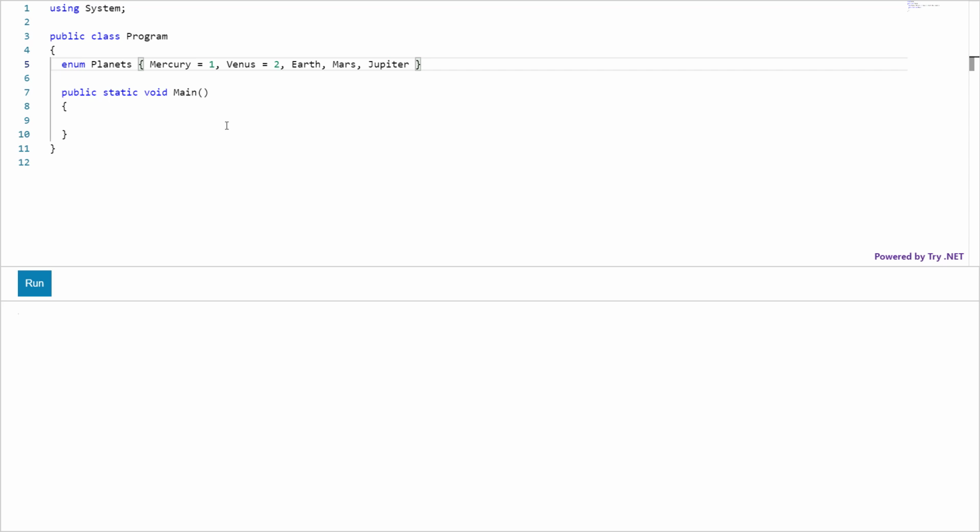Now you can use enumeration like any other type, same as you do by declaring a variable with any data type like integer, string, etc. If the name of your enumeration is planets, now you can create a variable of type planets just by declaring a variable with this new enum type.